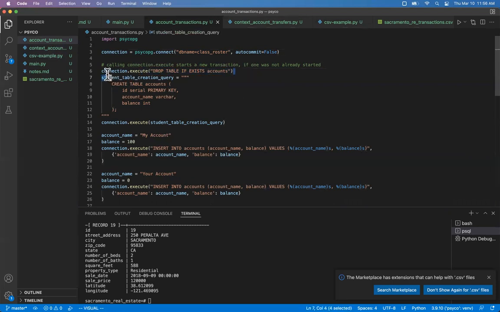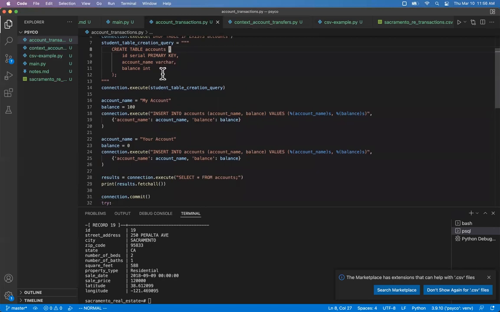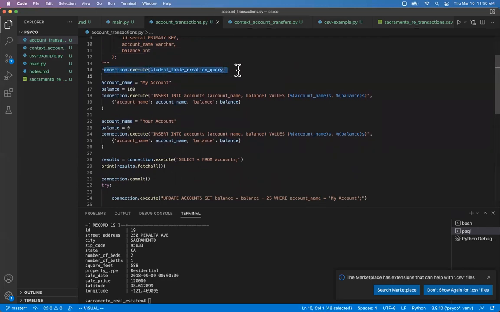Just to make sure I'm starting off fresh every time I run this script, I'm going to drop the accounts table so I can recreate it in this script. Here's the query to create it, just a table named accounts. It's got the ID, which is just going to be a serial integer. And then account name is a string, and then the balance, how much money you got, it's going to be an integer because you can't store pennies for some reason in this application, I decided. Execute the query,